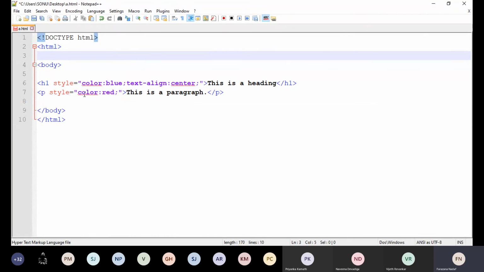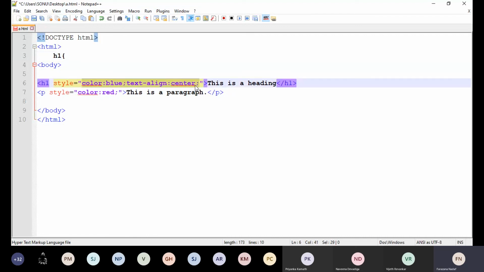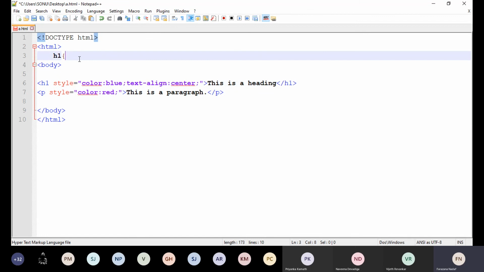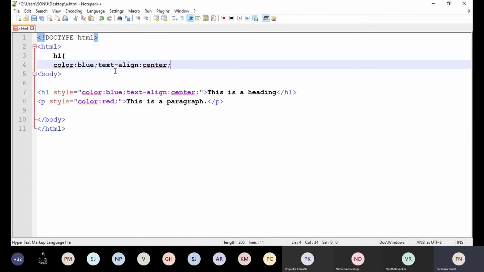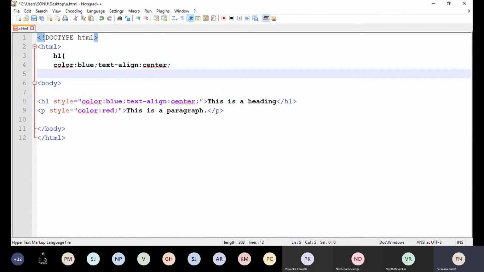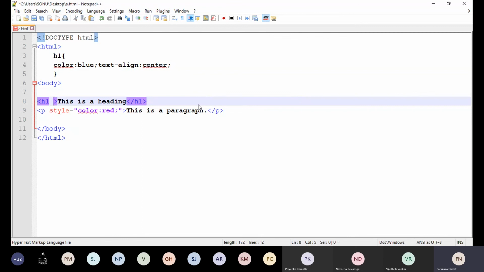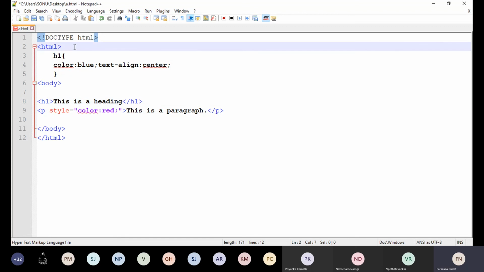So I'll write a document style for what we have used, H1 and P. For H1, I'll copy the content we have applied inline and paste it here in an H1 rule. Then I'll close this, so only this will be applied for H1. I'll remove the inline one because we have already applied it outside. So the H1 tag now has a document style sheet.